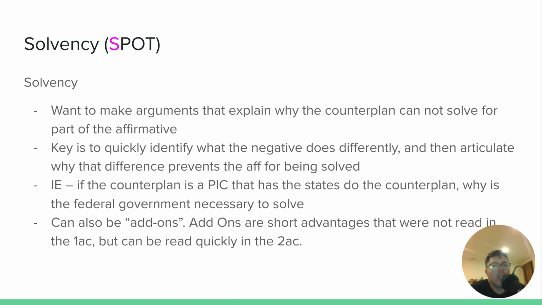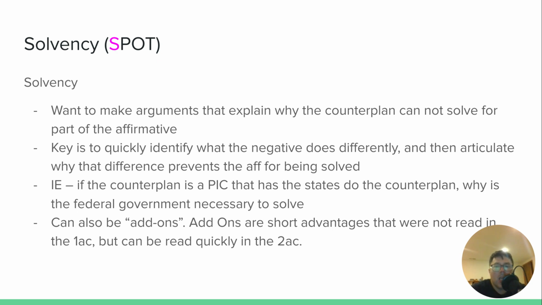So if the counterplan is a states counterplan and has the states do your plan instead, then you need reasons why the federal government is the only actor that's going to be able to solve for the 1AC